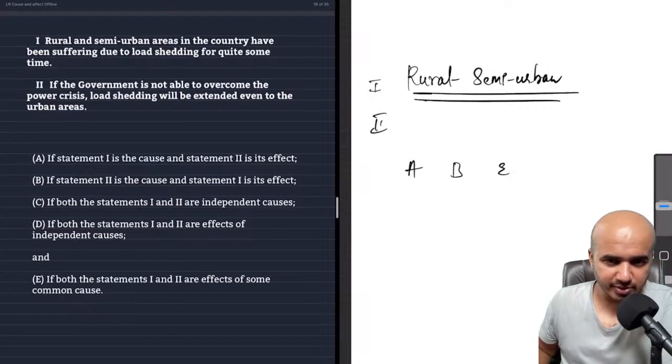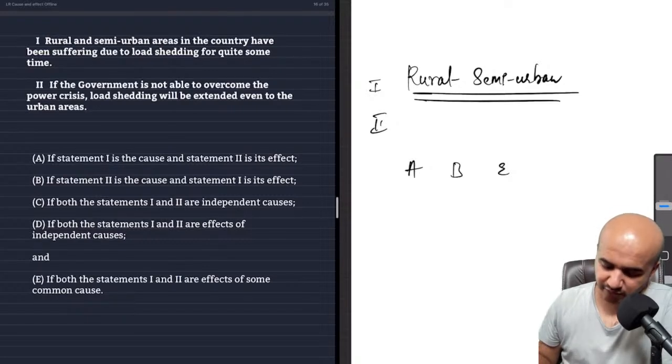Because in case of A and B, either one should be cause and the other should be effect, or vice versa basically. So here, because of rural and semi-urban areas facing load shedding, the government is not able to overcome the power crisis. No, A cannot be the cause, or statement 1 cannot be the cause for sure. Let's look at statement 2 as cause if it is possible. If the government is not able to overcome the power crisis, load shedding will extend even to the urban areas. Even that doesn't seem to be the cause, because it is talking about something which is not directly related to